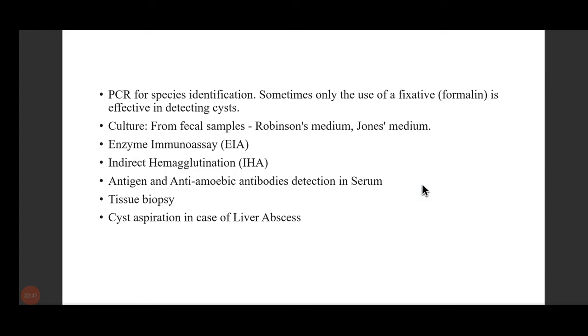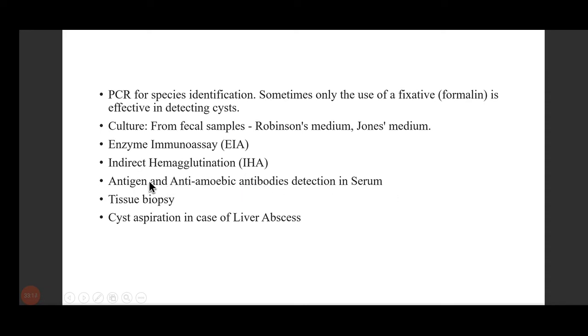Then let's move ahead. These are the other investigations which should be done. Okay, PCR, polymerase chain reaction for species identification. Sometimes only the use of a fixative is effective enough in detecting cysts. Culture from fecal samples. These media are used, Robinson and Jones medium. Enzyme immunoassay, indirect hemagglutination. These you will read in macro. Then antigen and anti-amoebic antibodies